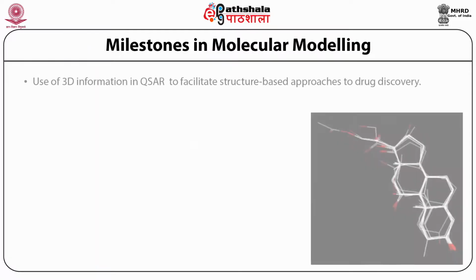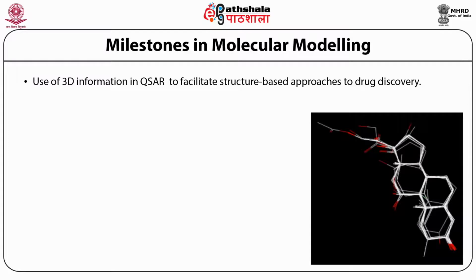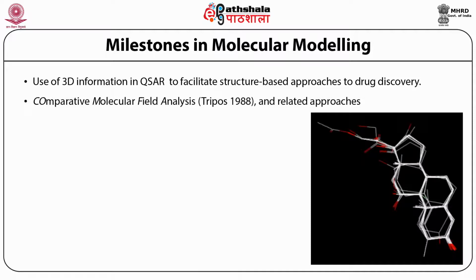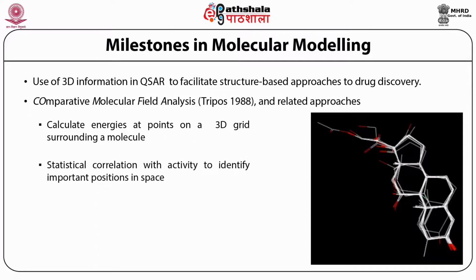Milestones in molecular modeling: one of the important things is not only to superimpose structures. Can we have a three-dimensional surface calculation of the small molecule which should be complementary to the protein structure or the binding receptors? CoMFA, or comparative molecular field analysis, does that work. What it does is first fit a grid around the molecule, calculating its energy from a complementary point of view, and then correlate statistically how best it can have the structural superimpositions.